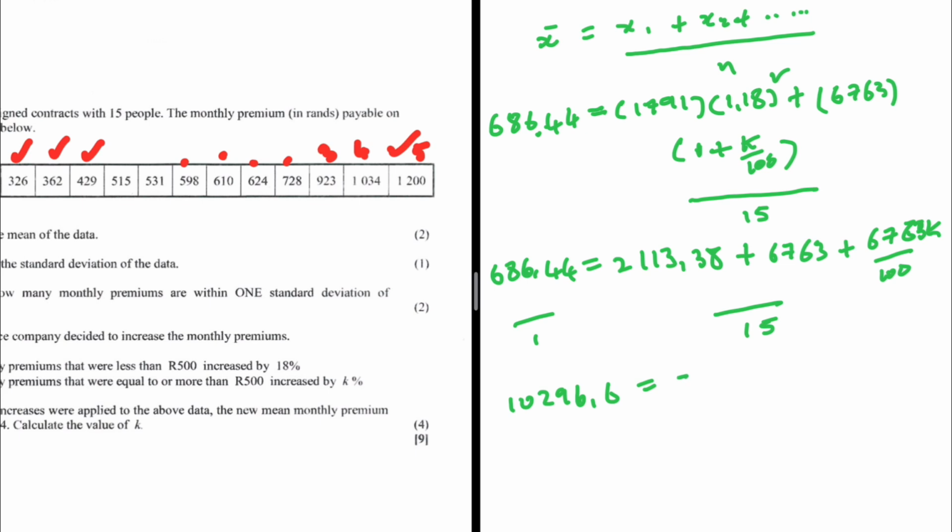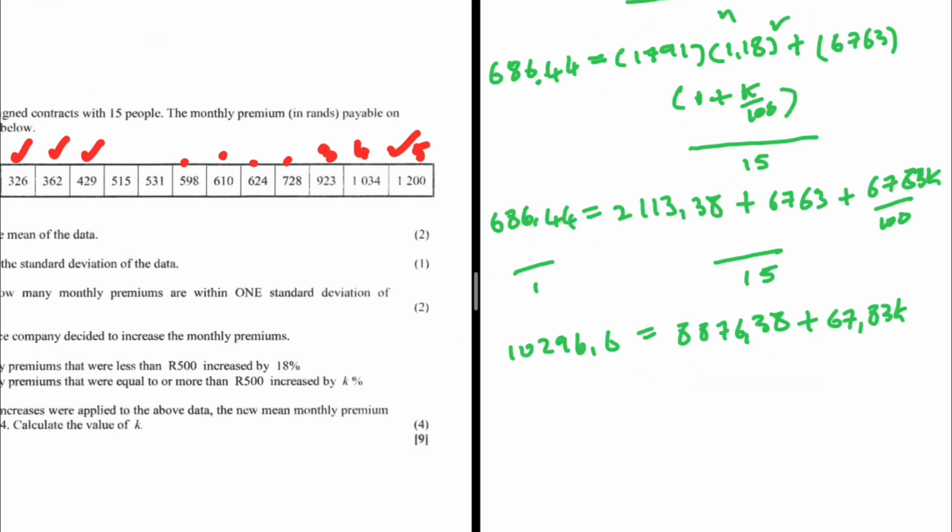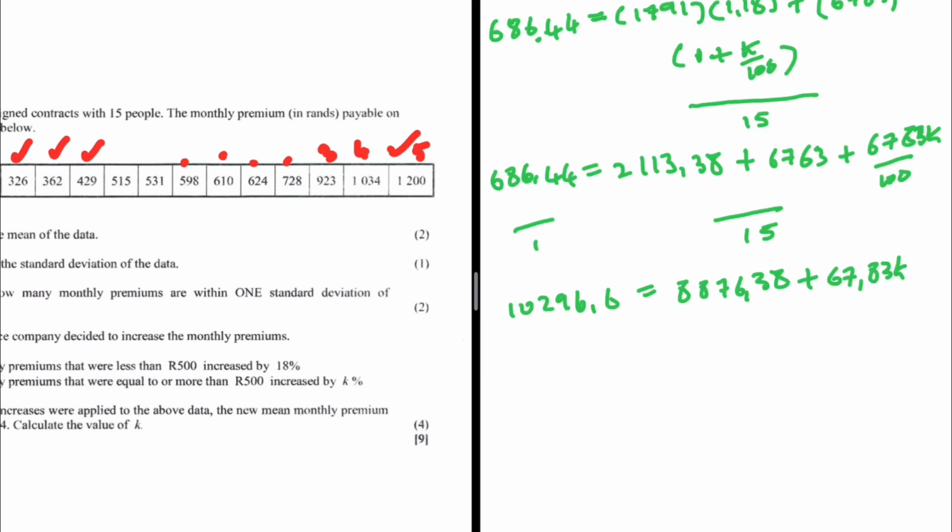This is 8,876.38 plus 6,763 divided by 100, which is 67.63k. Right, so k